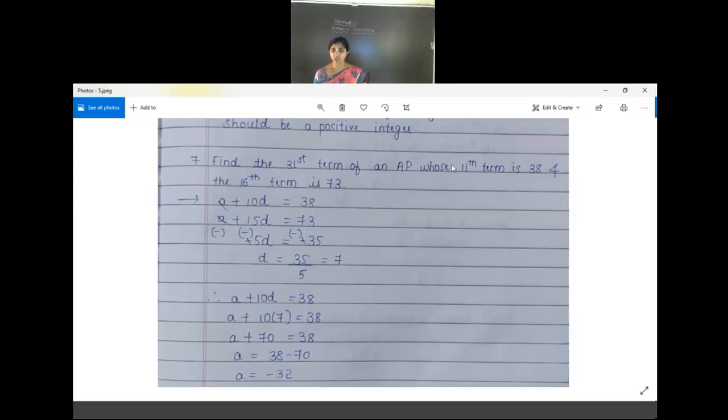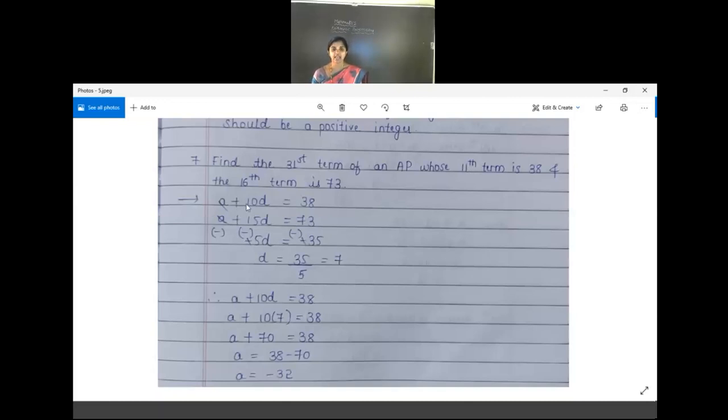See here, the 11th and 16th terms are given. Directly by looking at the 11th term and 16th term, we cannot guess the difference or first term, right? So for that, what we have to do is take the given data in the form of, see, 11th term, yes, Pranav, thank you. Pranav gave the answer: elimination method. Yeah. So we have to work out two equations now. Two data are given here. The 11th term, can we write it in the form of a plus 10d? Yes. A11 is equal to a plus 10d.